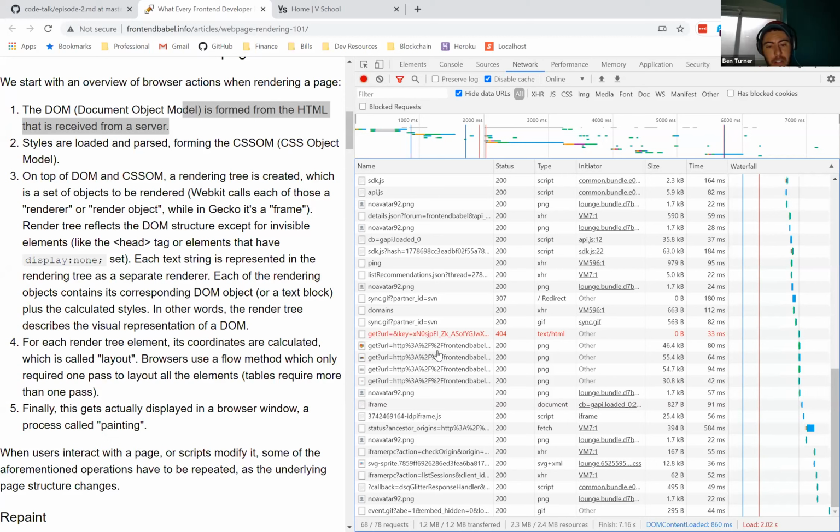If you are constantly painting and repainting and repainting, then the browser is going to seem slow. So there's a lot of things that can influence load time, and they're not necessarily any particular thing's fault. It could be some combination of all those as well. So I hope that helps.